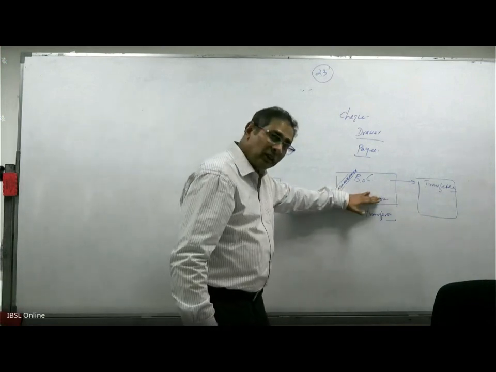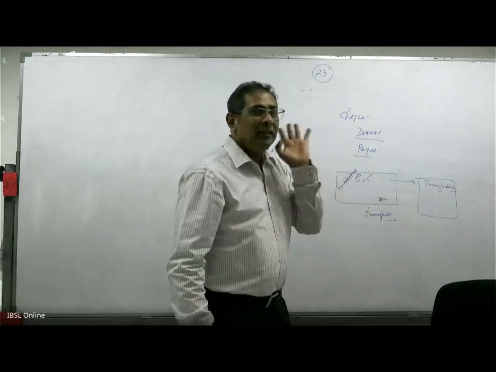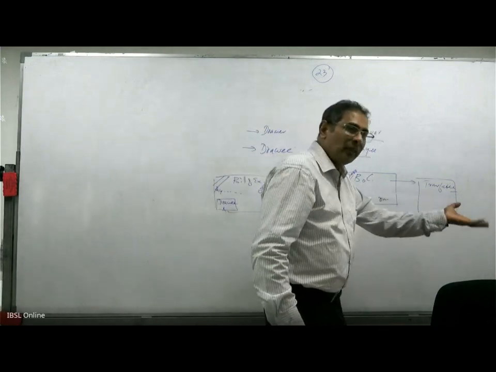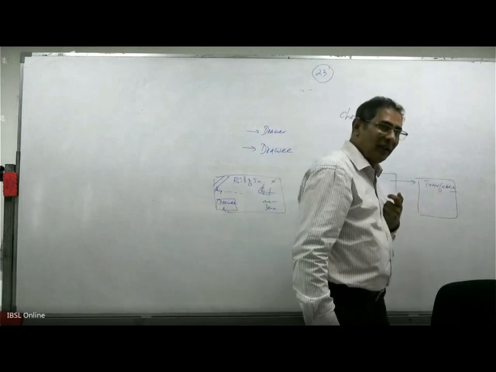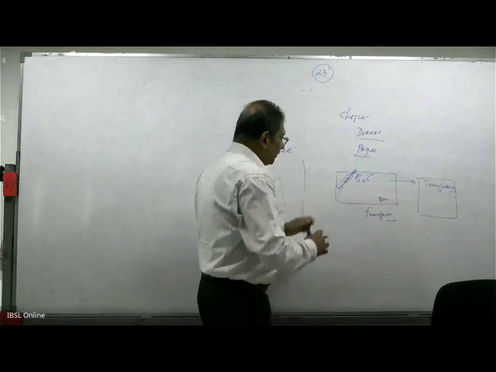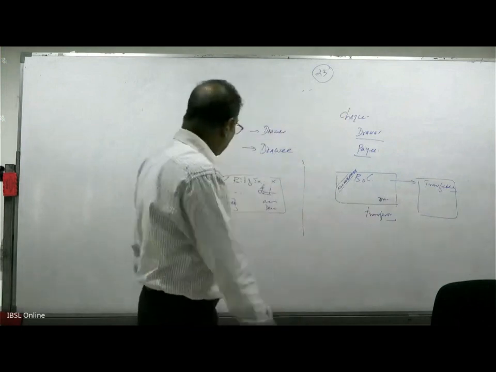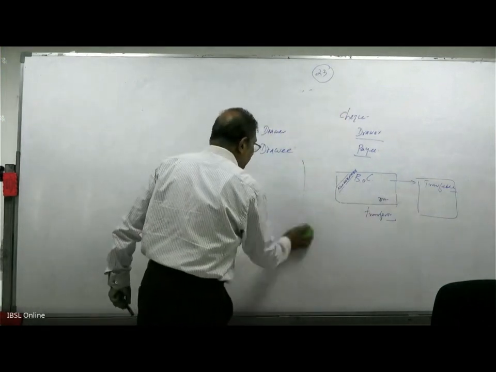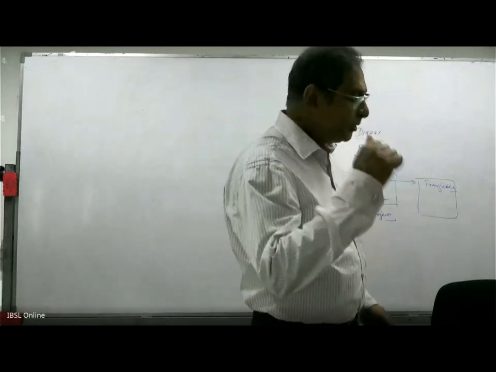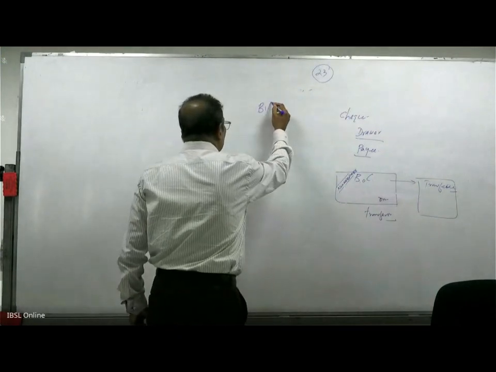But if you see a check crossed non-negotiable, you lose only the better title than the transferor, that's all. The transferor has the title of going over the counter and getting it in cash. I don't have that. I have to go through an account. Right? So that is the last thing for which I will drag a check in here. Otherwise, we have nothing to do with checks in trade. Right? But in a rush, I said something else. I don't know whether they caught it. Bill of exchange.